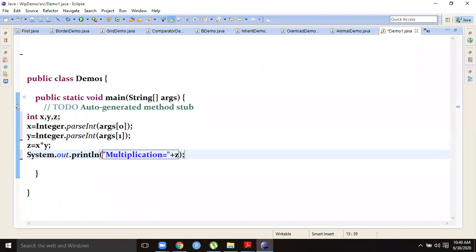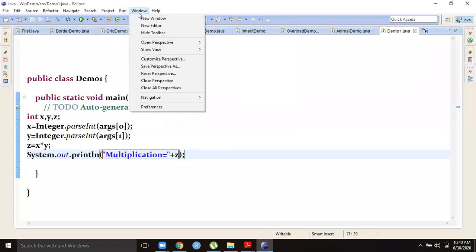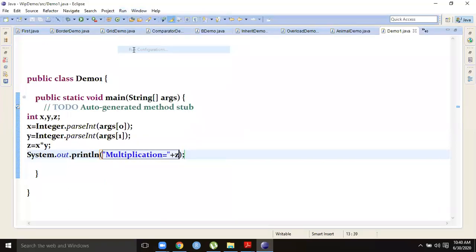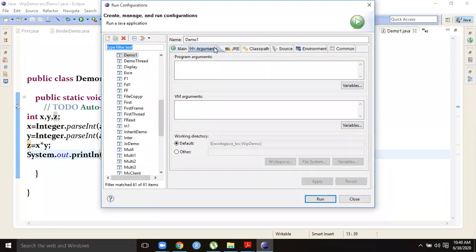Okay, for this, how to save, how to run this, how to give command line arguments? For this, go to run configurations, go to arguments.